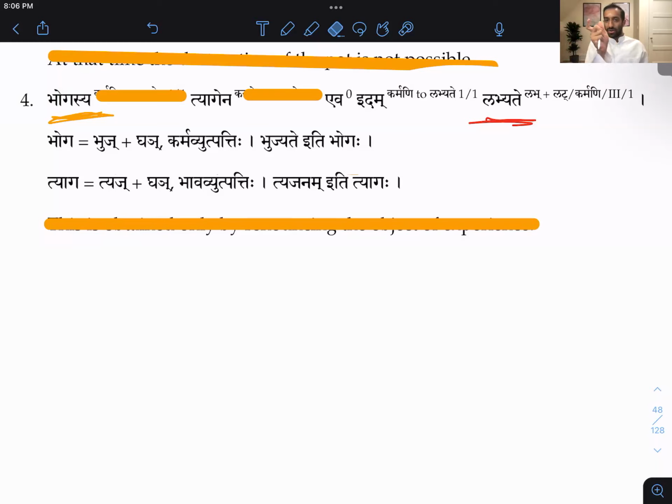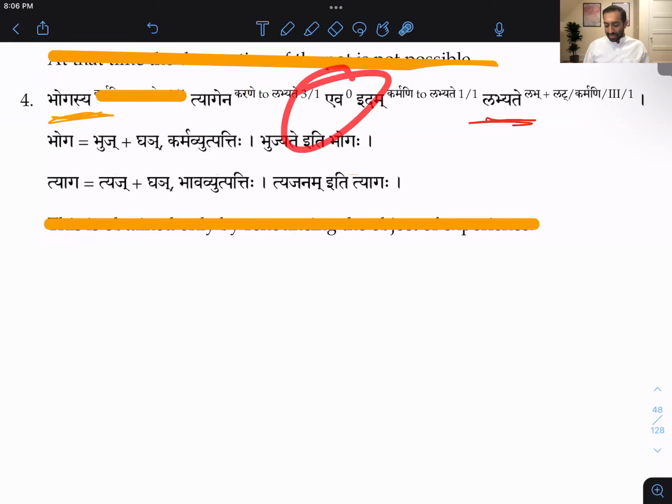So you see how the third case there gives us the by. That gives us that karaka, that karane karaka. Doesn't change the vyutpatti, right? Vyutpatti is still renouncing. It's still bhava, but it's by renouncing, right? So by renouncing, karane to labhyate, by renouncing